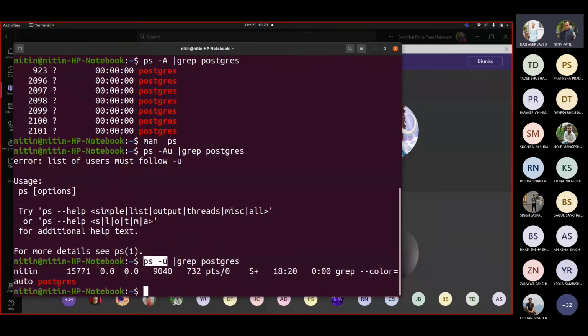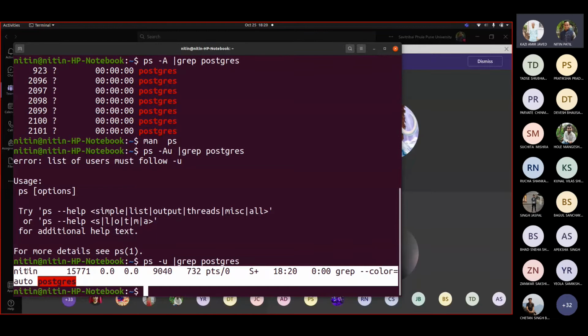I applied ps -u. So it says who is the user. The owner is Nitin, and Nitin owns this as a super user of the system. For your case, it would be your user. Right now, I do have this Nitin as owner of this process, and that's what it said.